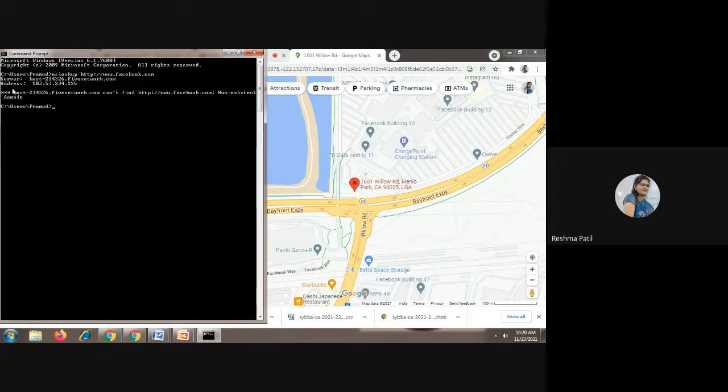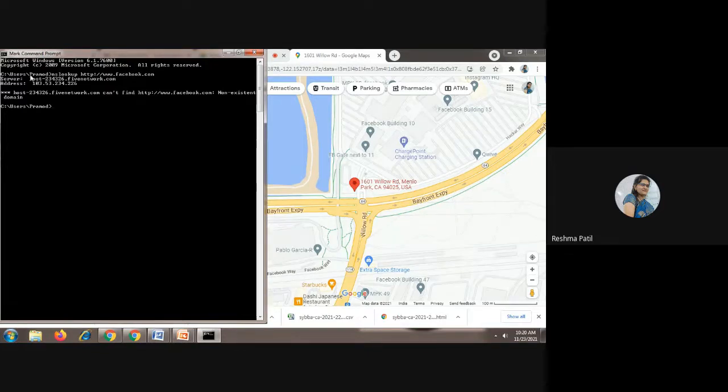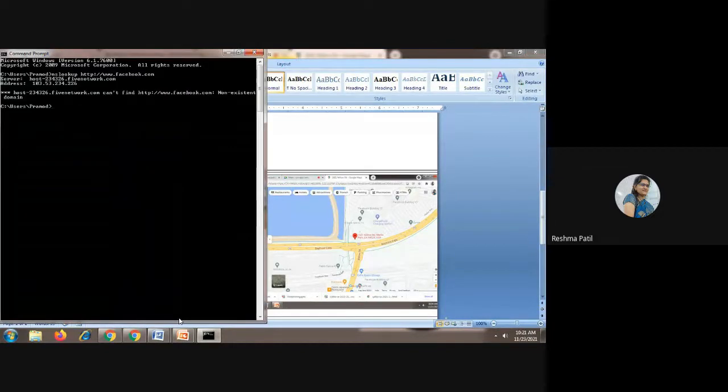Enter. Here you will get the IP address. IP address of facebook.com. So this also you can copy paste. Mark. IP address. Got it? IP address of your website.